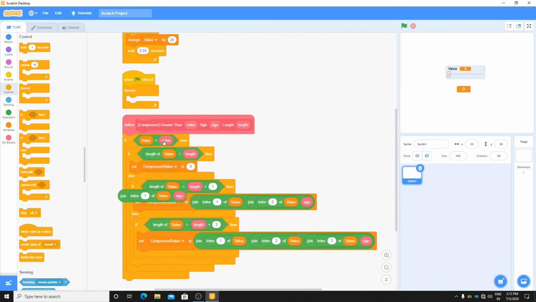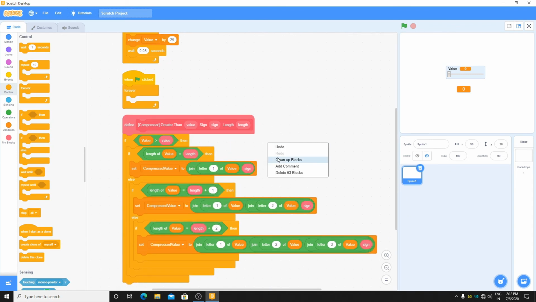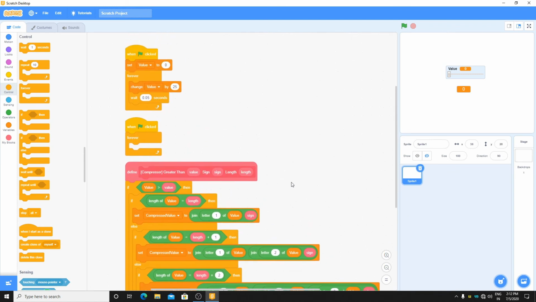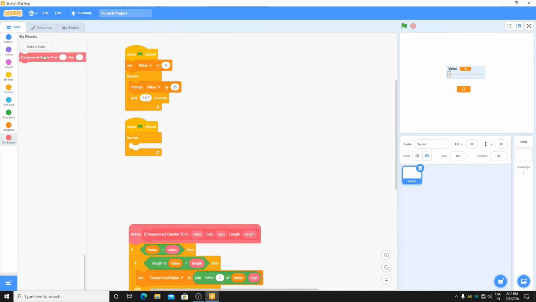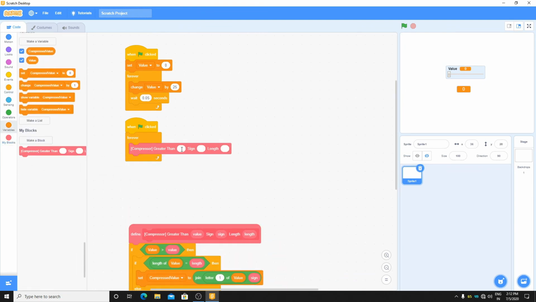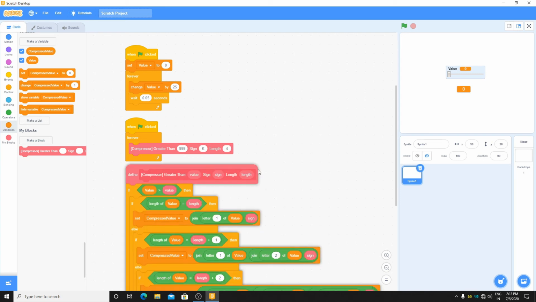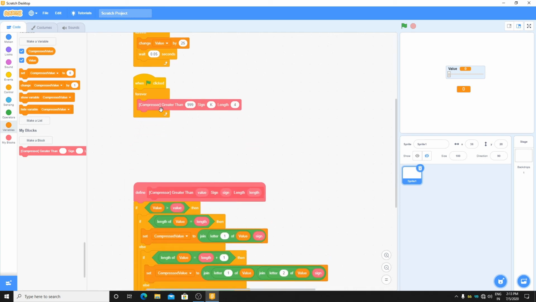So this is our script, the main script we need for this. So now we're going to implement it. Here put this in the forever loop, greater than 999. We can't put 1000 as it won't detect 1000, so we are putting 999. Then the sign should be k for 1000, and length is 4, 1000 has a length of 4. Then duplicate this and just double the number of digits here, 999.